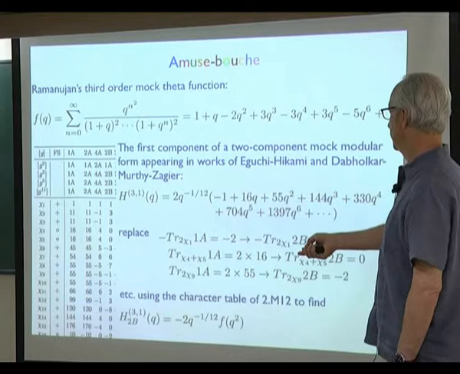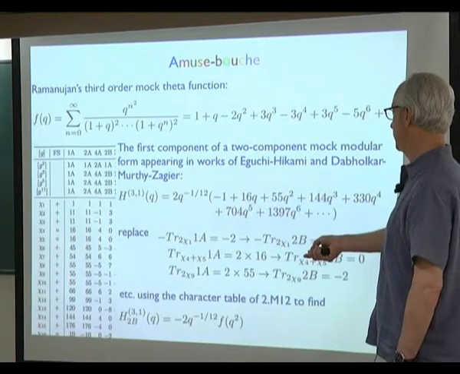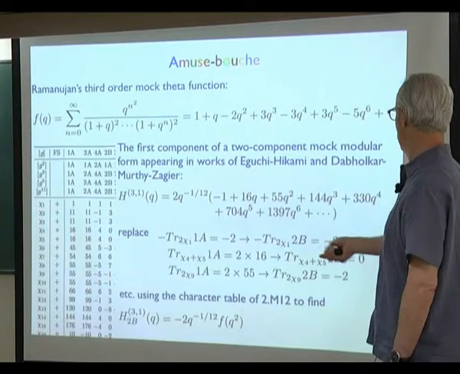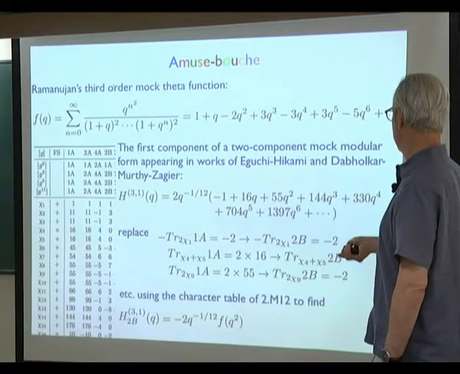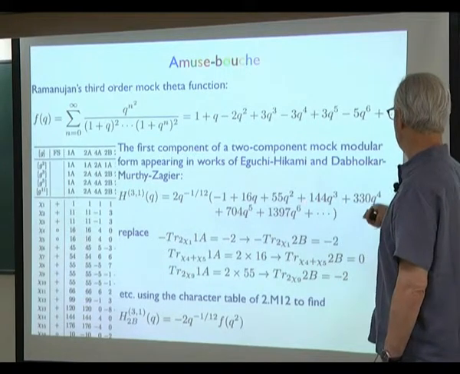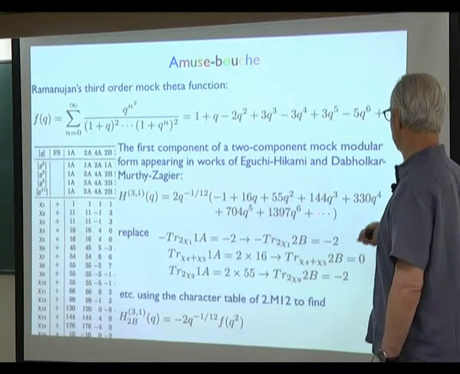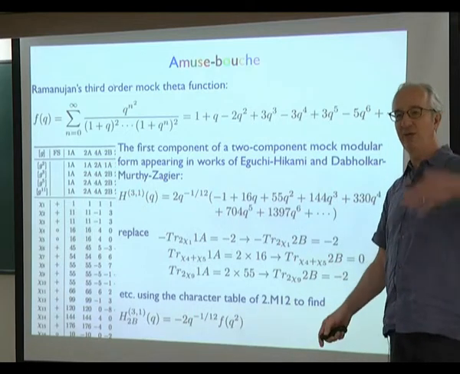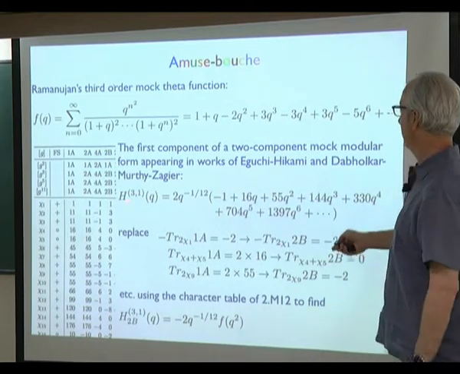55 turns out to be twice this chi9 representation, and the 2B trace gives minus 1. So you replace the 2 times 55 by minus 2. And you keep doing that. You decompose this, and then you use the character table to replace the dimension by the character of the 2B